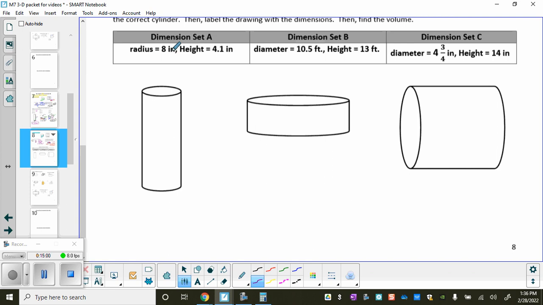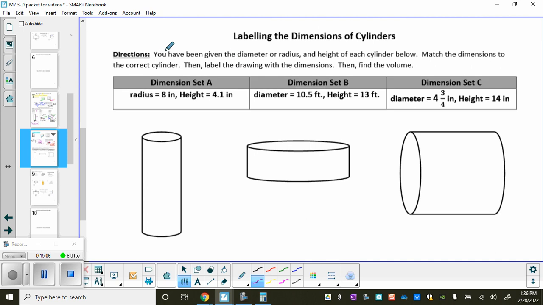All right, so for this one right here, we have that there's a radius of 8 and a height of 4.1. Now what we're going to do here is you've been given the diameter or the radius. We're going to match the dimensions to the correct cylinder. So for this one, you see how it wouldn't be this first cylinder? Because if the radius is 8,